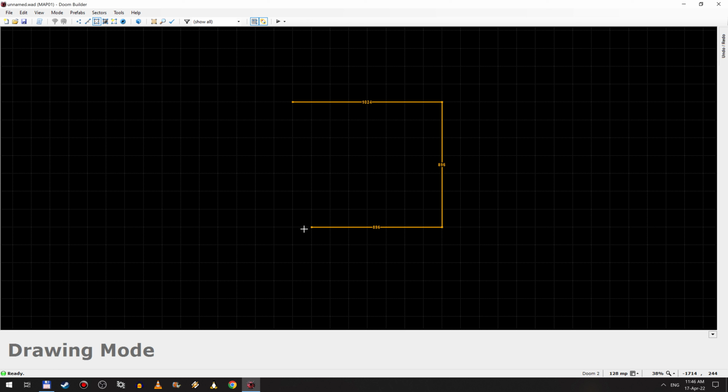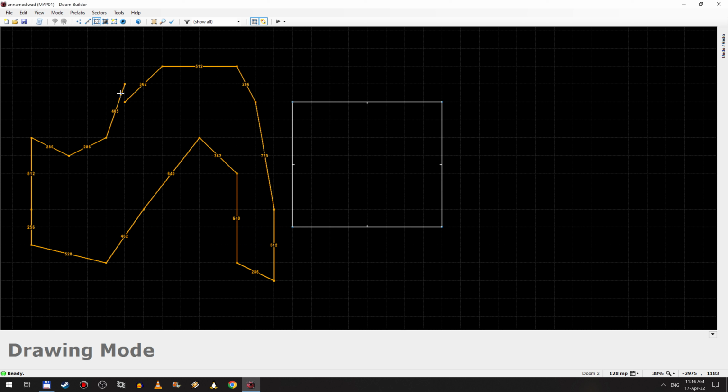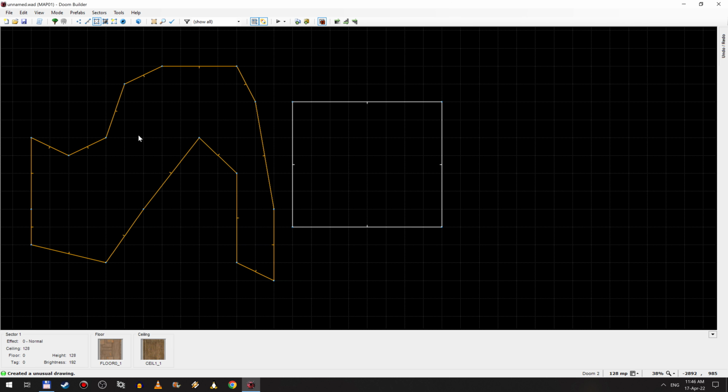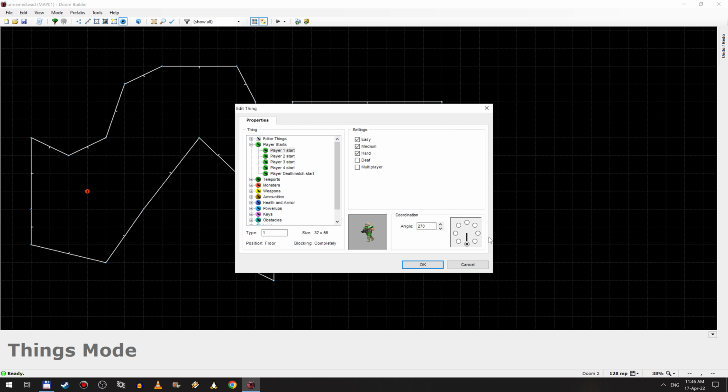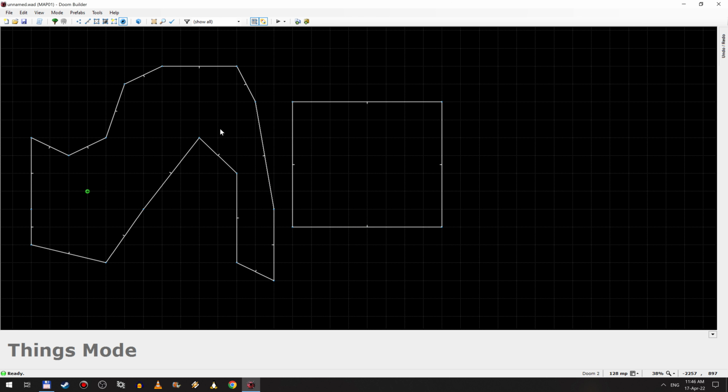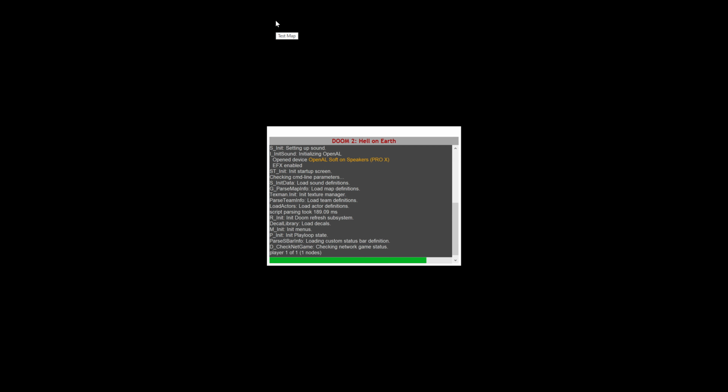And now you can make something. You can make weird things. And the thing mode I just clicked, you can place things. It starts with the player start. I'm going to show you one more thing. Now, if I run this, if I test it,